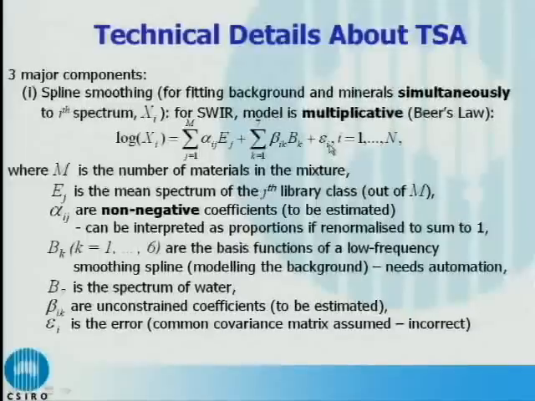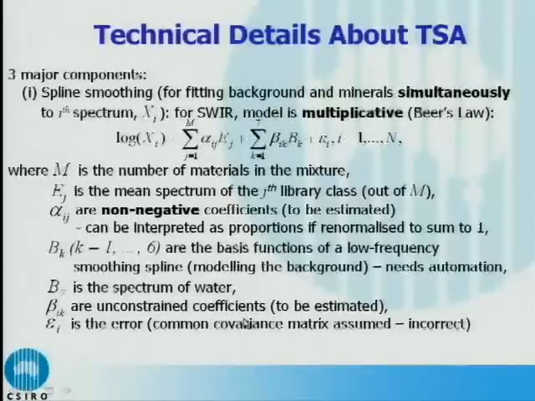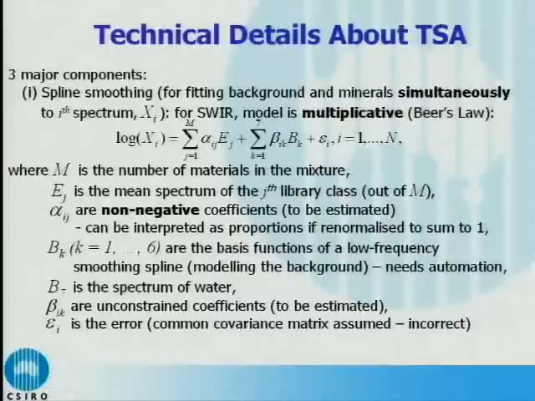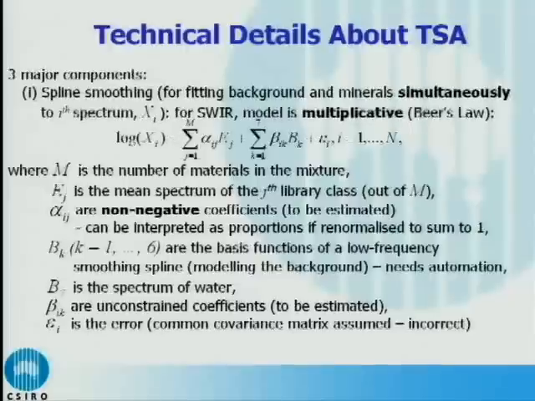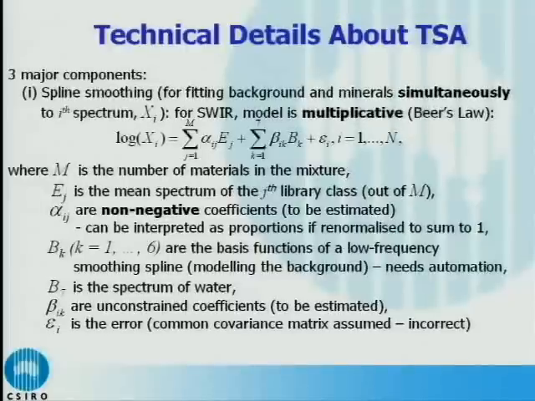My background's in statistics. I tend to think about statistical models. And the implicit assumption is that there is a common mean within a common covariance matrix. That's actually incorrect, okay? But it's really difficult to, if you assume different classes, if, you know, here we have 299 wavelengths, so we have a 299 by 299 covariance matrix. We just don't have enough data to estimate it for each separate class, so we have to lump